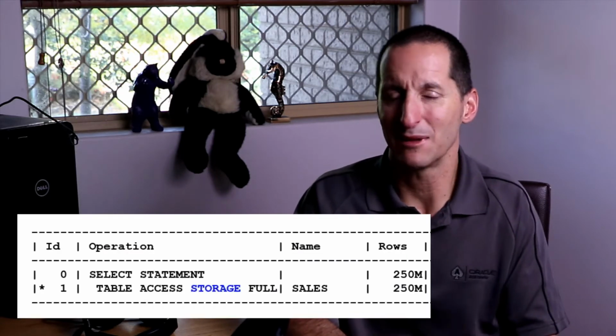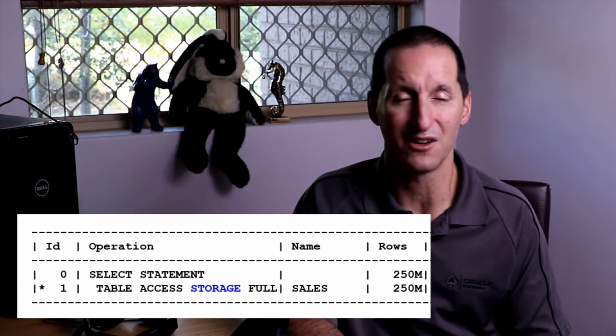Similarly, if you've ever done an execution plan on a full table scan in Exadata, you might see this keyword, table access storage full, which you won't see on non-Exadata platforms. That also is a particular piece of the Exadata secret sauce that lets you apply some where clause predicates not actually in the database tier like every other normal platform would do, but that predicate can be pushed down into the storage layer, and the storage has some smarts in there to actually return just matching blocks or matching rows back to the database server, dramatically improving the amount of I/O that's going back and forth between storage and